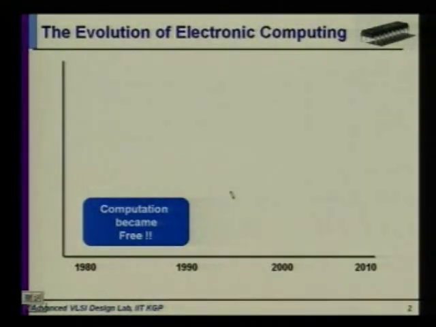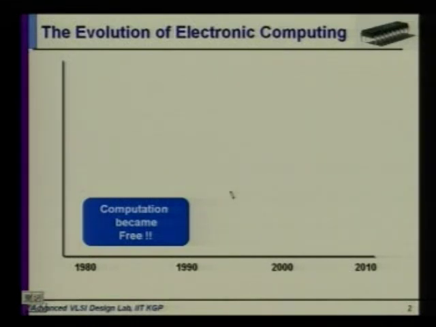If we go back to the 80s and 90s, and I just now checked that many of you were not born in the beginning of the 80s, what happened was that during this period, computation became free. Now what do I mean by computation became free? Initially, the very simple computers used to be inaccessible to the common person, because they were extremely privileged resources,